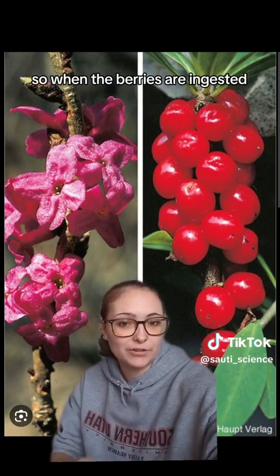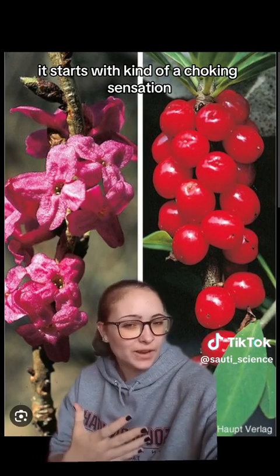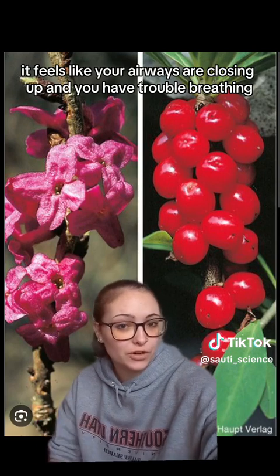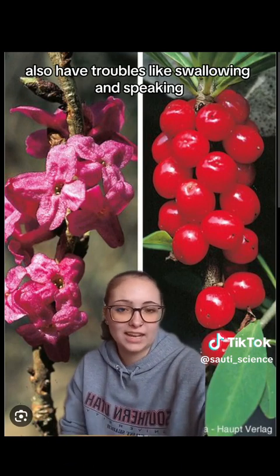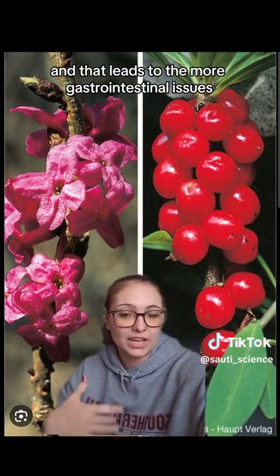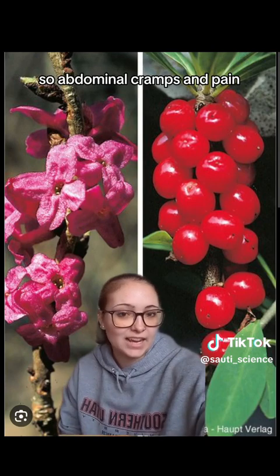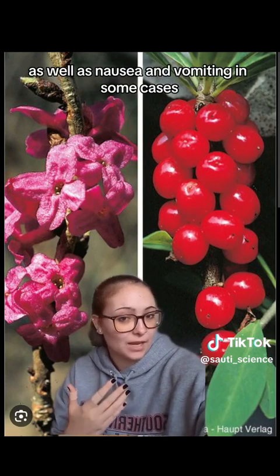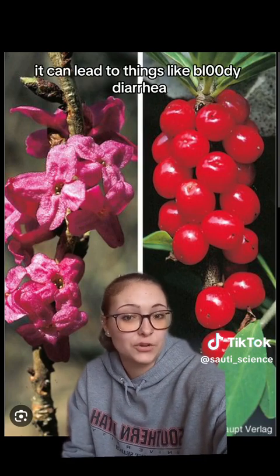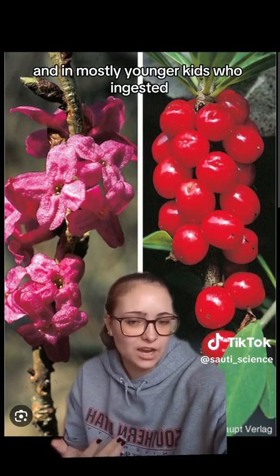So when the berries are ingested, it starts with kind of a choking sensation. It feels like your airways are closing up and you have trouble breathing. You also have troubles like swallowing and speaking, and that leads to the more gastrointestinal issues, so abdominal cramps and pain, as well as nausea and vomiting in some cases. And then in more severe cases, it can lead to things like bloody diarrhea,